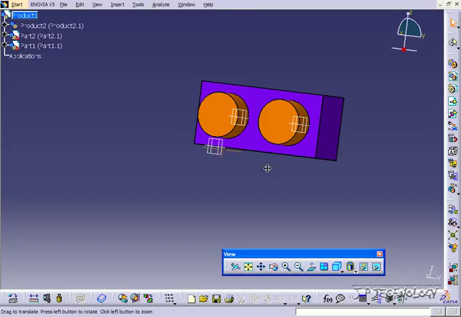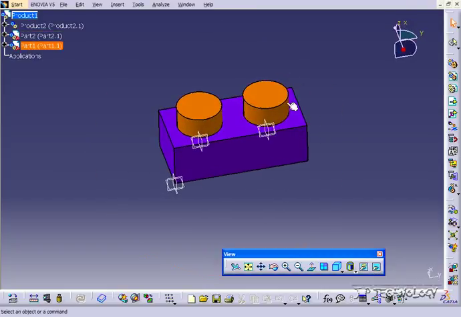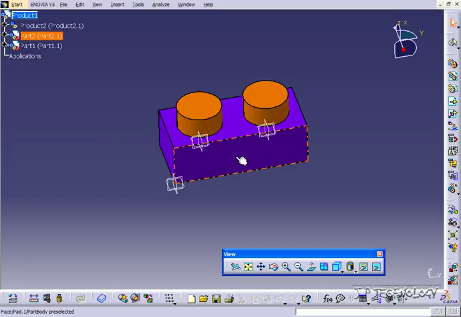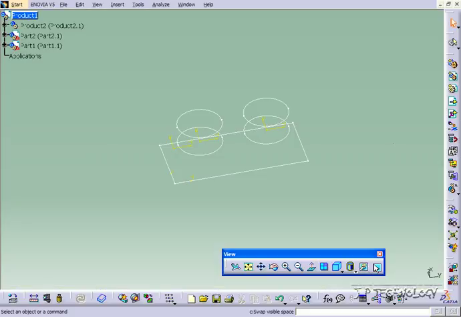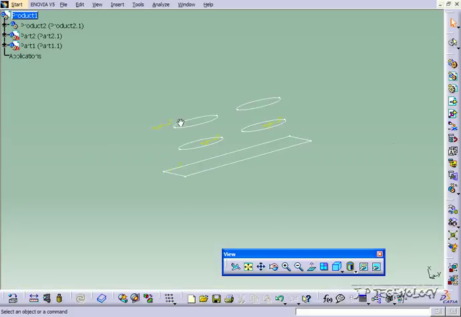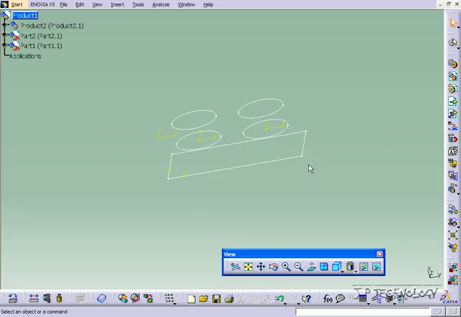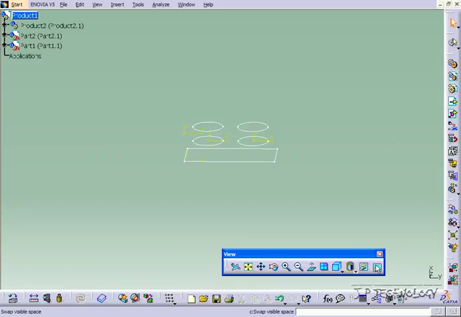Now, in the last one we were hiding some of the components, but really, where are those components going? And where that is in the other space. So if you click swap visible space, you get another space that shows what is not shown to your face in the other space. So everything that is hidden, so you might find sketches, work planes, and whatnot, and it'll